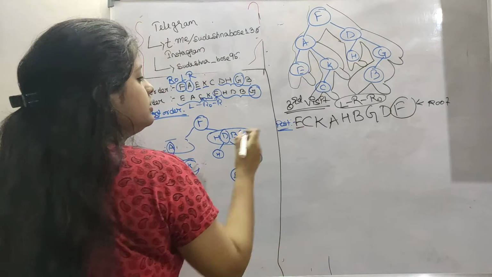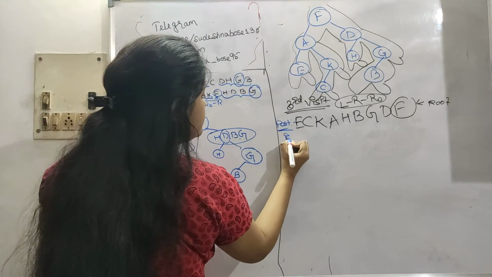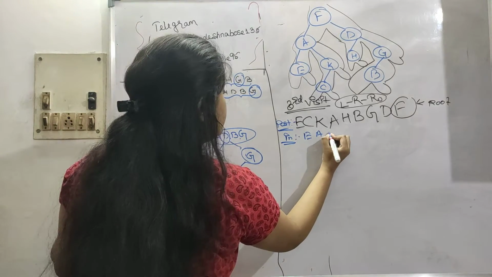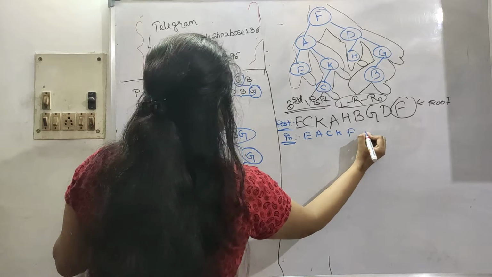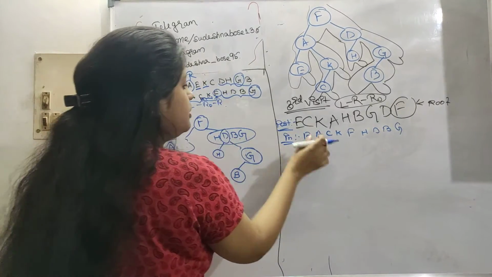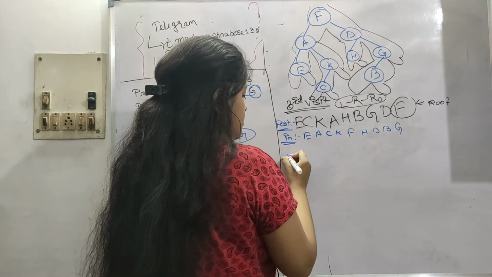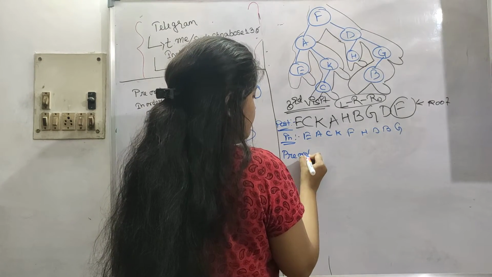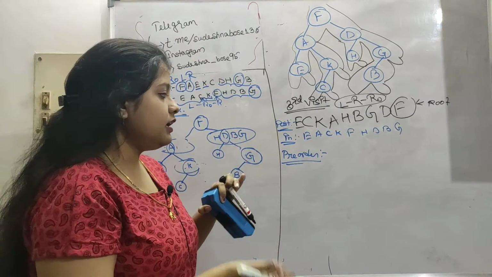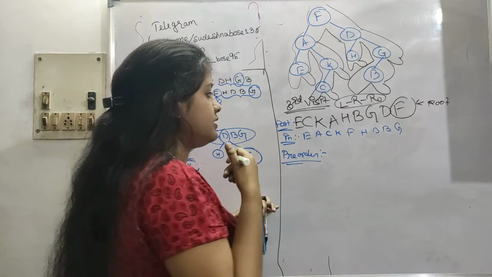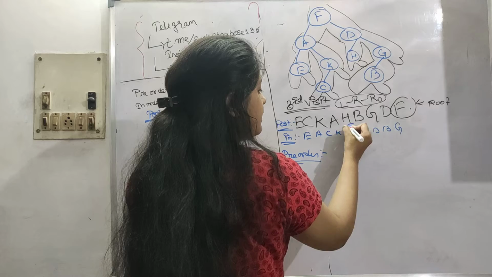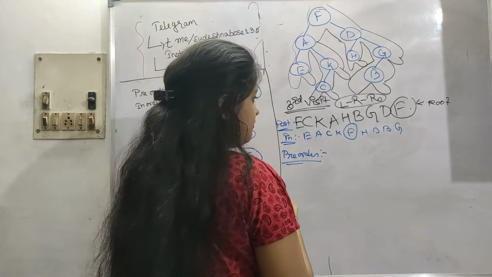So let's say we do the tree again. In-order is given already. We find the pre-order. E, A, C, K, F, H, D, B, G. I am just copying here. So now let's say we have to find our pre-order. I've told you already that with the help of post and in we find pre, and with pre and in we find post. This kind of question is asked. So now let's say this is our root. We have to find the root here. So F is our root.